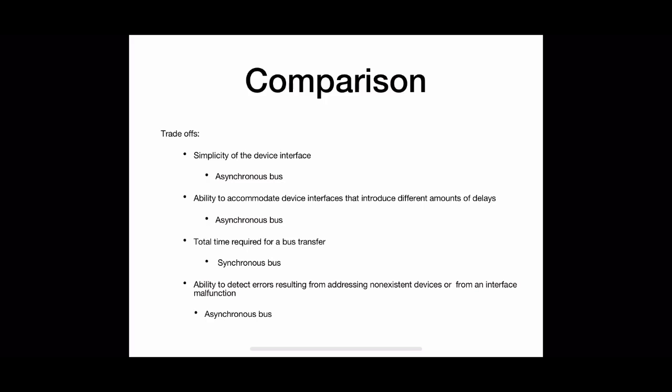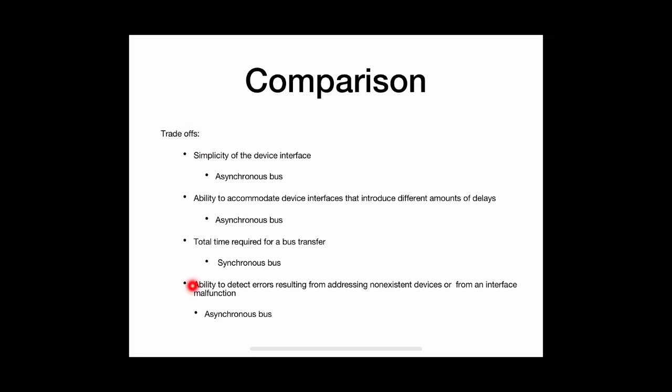Again, after stopping the data, the master has to drop the corresponding master ready, which should reach the slave. Again, the dropping of the slave ready signal should reach from slave to master. So 4 end-to-end delays are incurred, which makes the transfer process slow. Whereas in synchronous, only one end-to-end delay is incurred, which makes the transfer a bit faster. So definitely synchronous bus will be the winner in case of time required for the transfer.